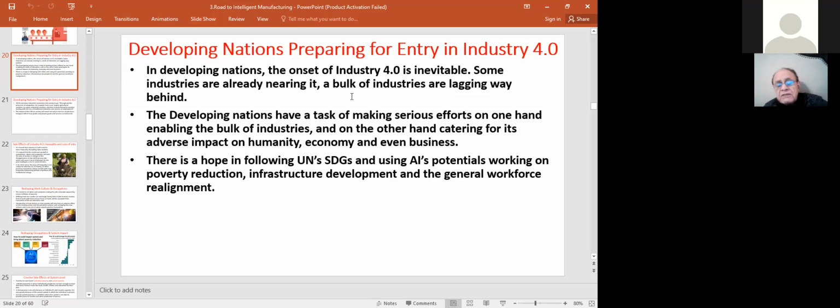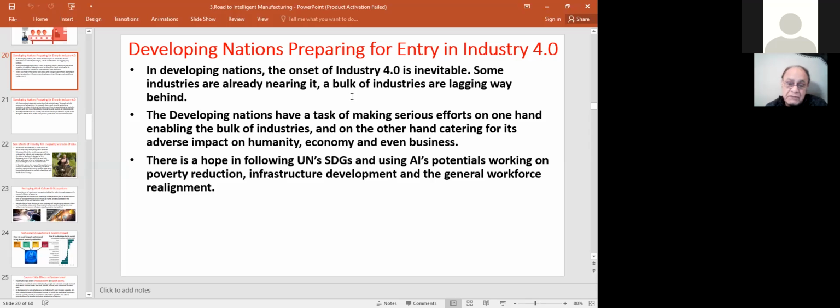it brings some negative effects. Apparently, we can call them negative effects, but some of our industries are already there, very much near Industry 4.0, and the bulk of industries are lagging way behind, but they are also coming forward. And they have a task now to make serious efforts. On one hand, the bulk of industries have to upgrade themselves, enter into Industry 4.0 and take advantage of its potentials